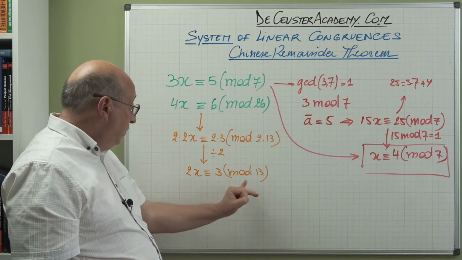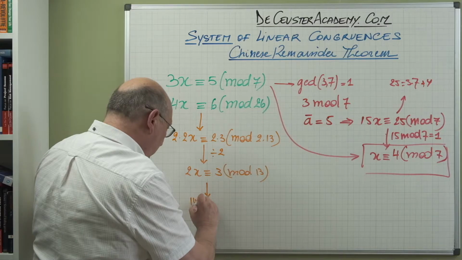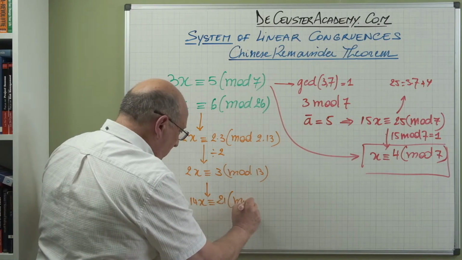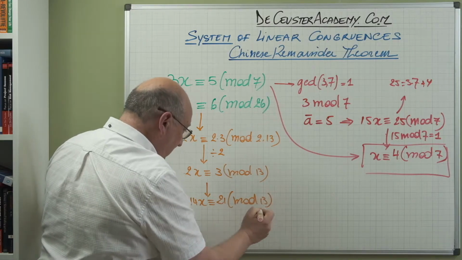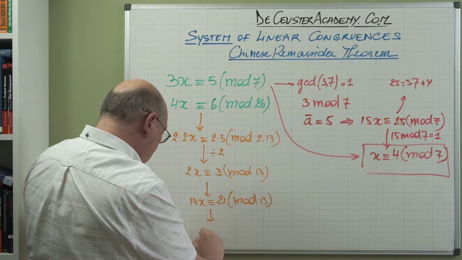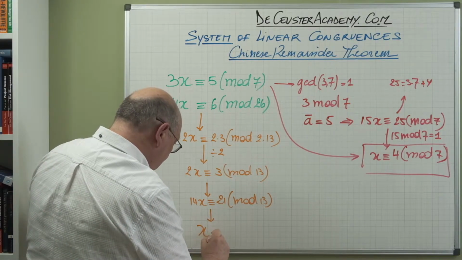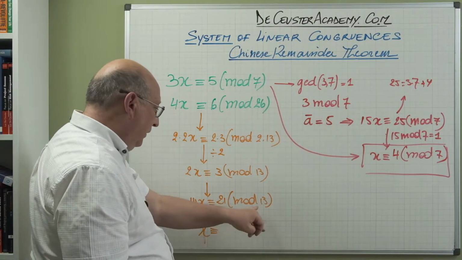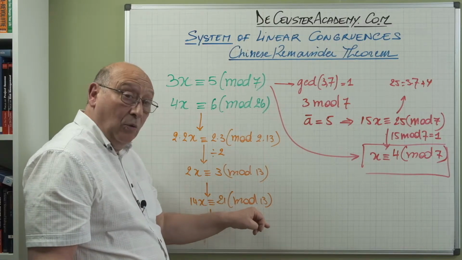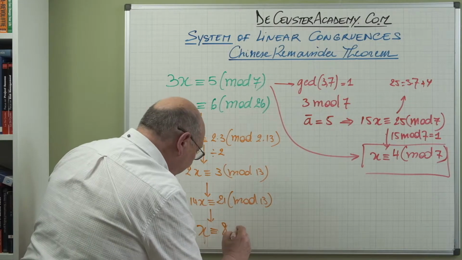So when we multiply both sides by 7, I find here 14x is congruent with 21 modulus 13. And this is equal to 1, or x, we just write x, is congruent 21 modulus 13. Well, 21 is 1 times 13 plus 8, so the remainder is 8. So we have 8